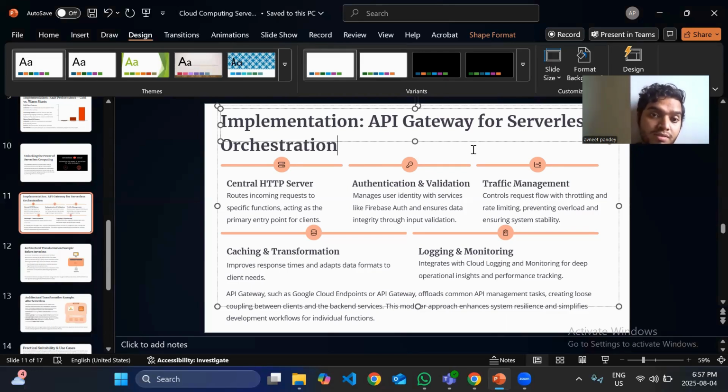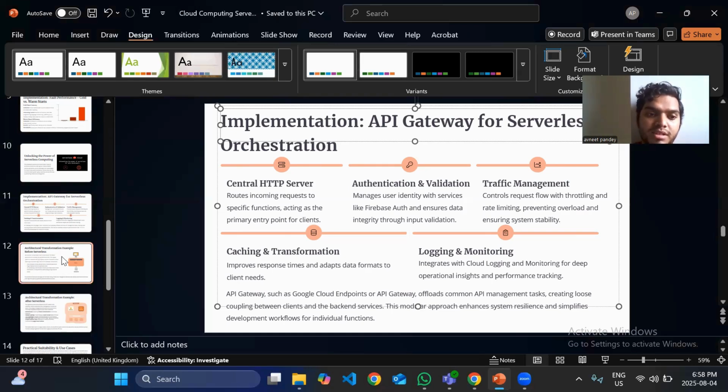The last, but not the least, is logging and monitoring. Logging is one of the most important features which helps us detect issues in our APIs. Suppose over the night we got some issue in our APIs or in our function, then we can just log that or monitor our serverless function, so in the future we can resolve that.